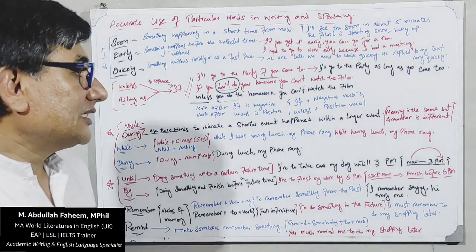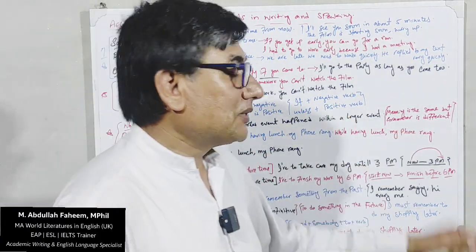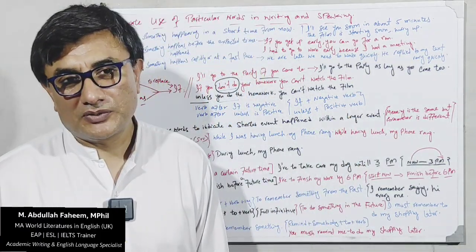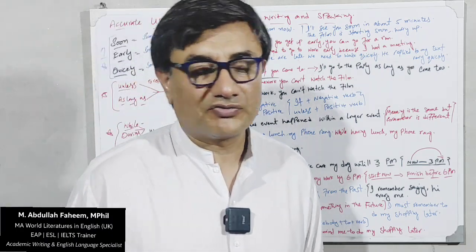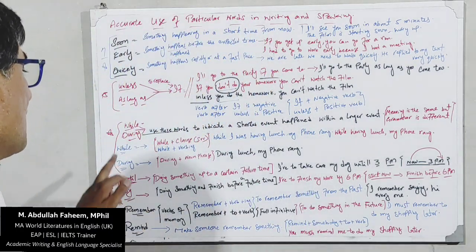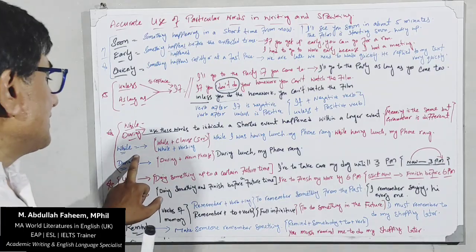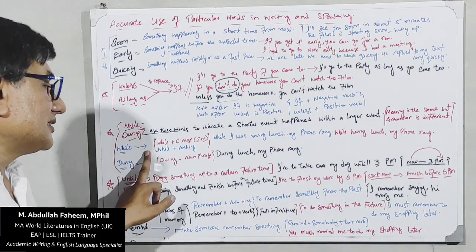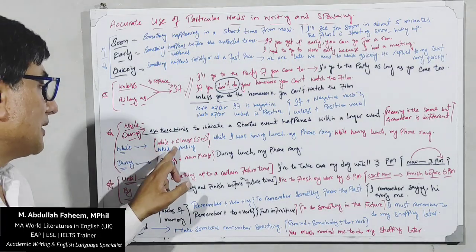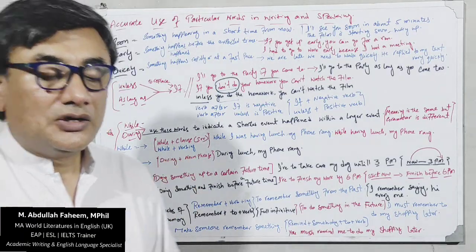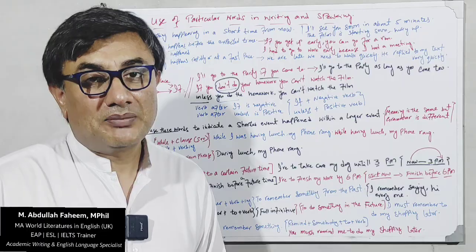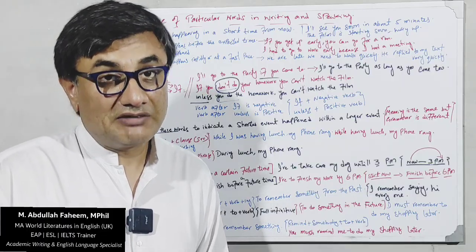First, we need to understand the meaning. Meaning is the same, but grammar is different. There is no difference in meaning, but when you use the grammar, you will use different styles of grammar. So how can we use them? While. If you want to make a sentence using while, अगर आप while का sentence बनाना चाहते हैं, remember while plus clause. What is a clause? Clause means you use subject and verb. Clause का मतलब है कि आप subject और verb को use करते हैं while के बाद.